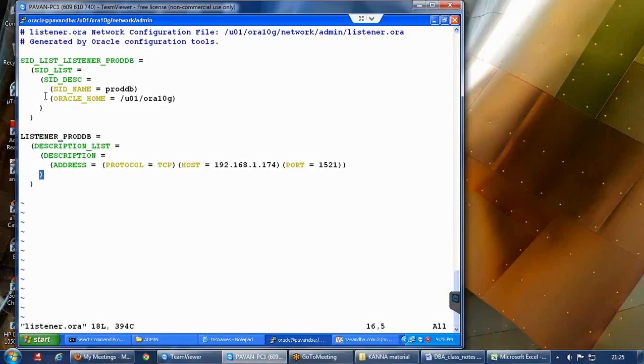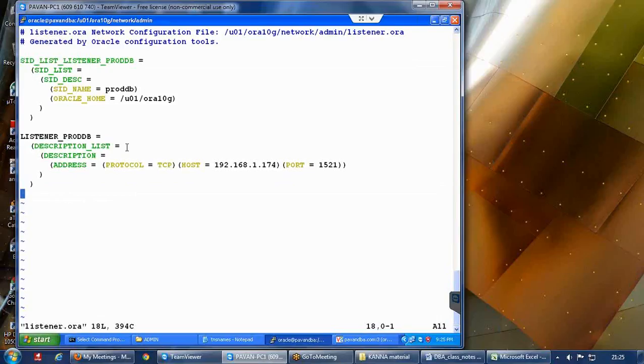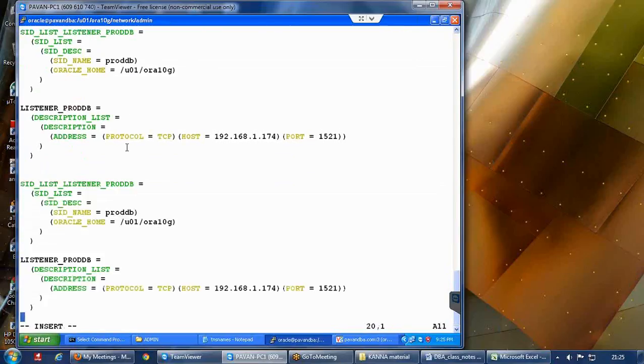Open your listener.ora file, copy this content and paste it here, and after pasting, do the necessary changes. For example, I want this listener to listen to testDB. Then I will change my listener name and my database name. Assume Oracle Home is the same, then I am keeping it as is.